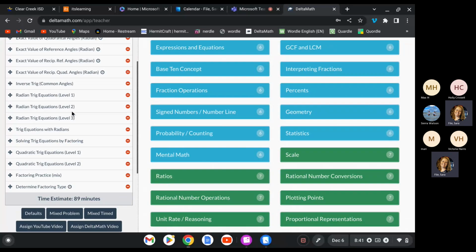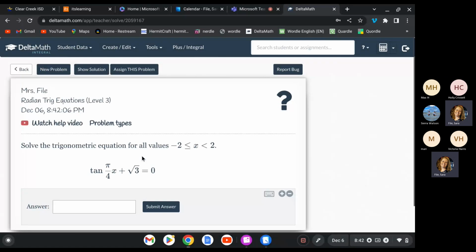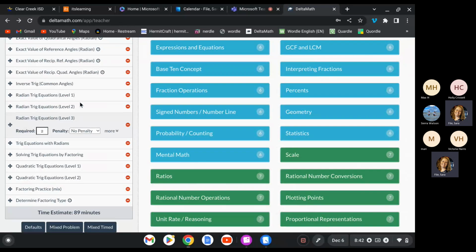Maybe it's these two. So when you get to the level 2 and 3s on these that are multiple levels of problems, they get a little harder, and some of them are this format where there's a value inside the trig function with the variable. That is not going to be on the test. There will not be ones like that on the test. We're eventually going to get to that, but you don't need to know that quite yet. So when you're doing the reviews, if you want to skip level 2 and 3, focus more on level 1 where